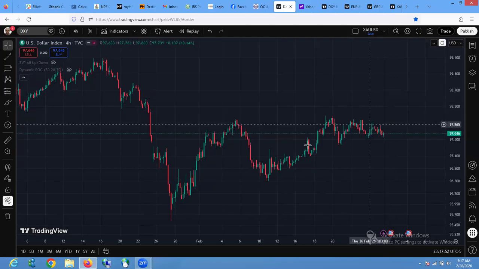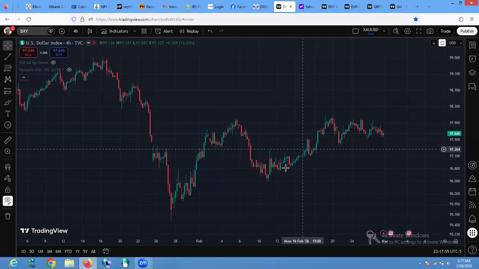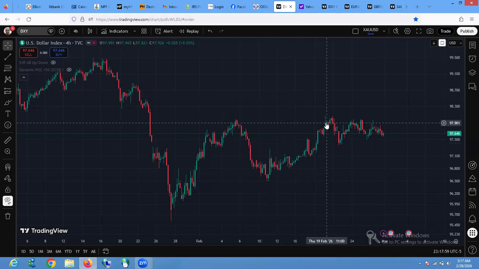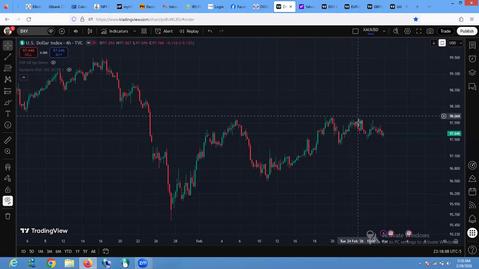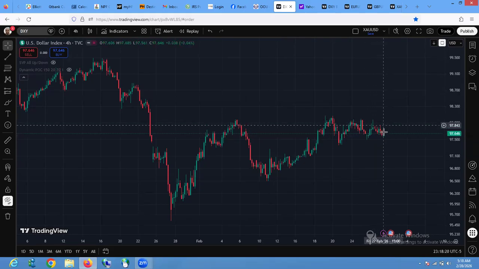Now, the way they consolidated in this middle before this move, don't be surprised that they may be doing the same thing as an A wave here. Then this as a B wave, it's another thing that you have to pay attention to, if the price will fall. So on the 4-hour time frame, we are seeing that the price is trying to drag to the downside.